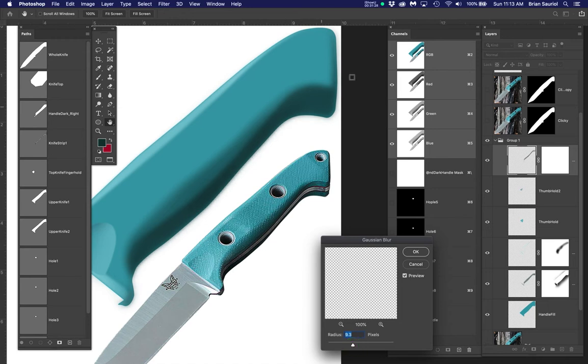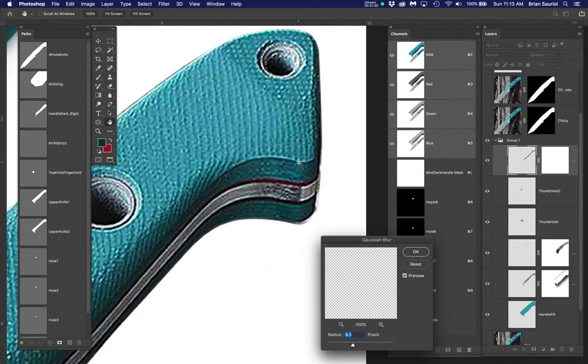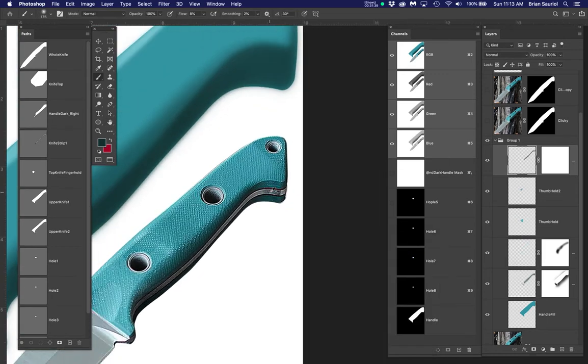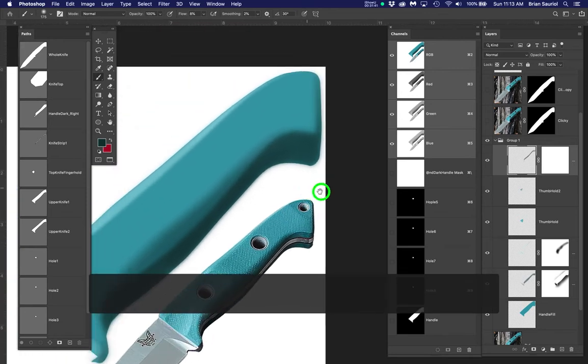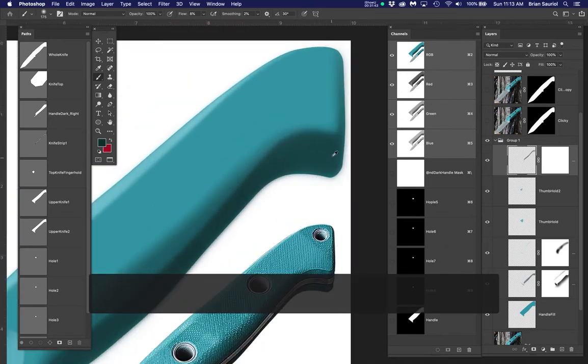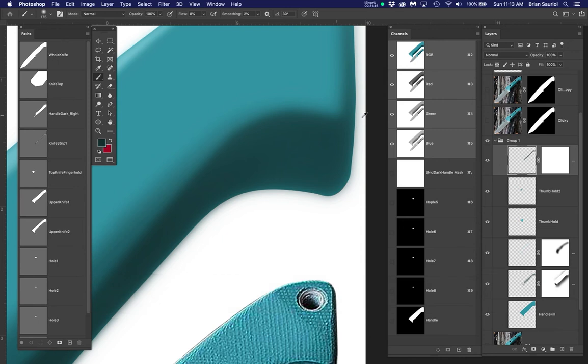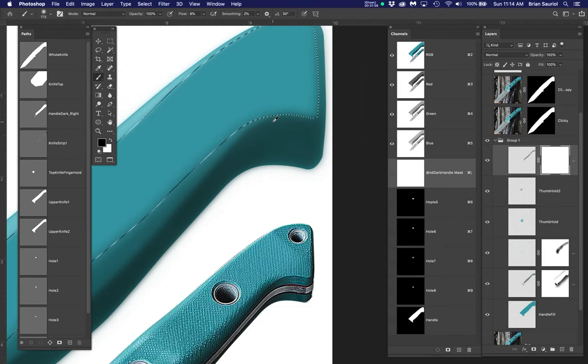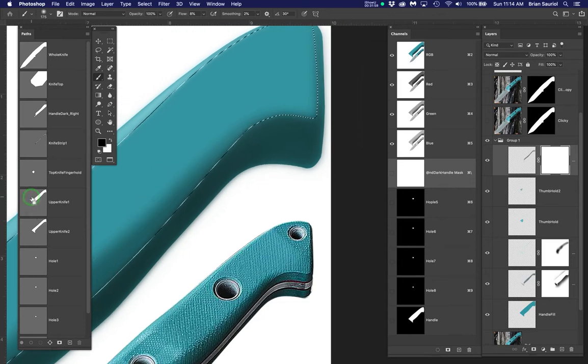Now, right here on the knife, it's a little cleaner. Right here on the knife, it's a little fuzzier. So I did a good job in getting the fuzzy look. Now I have to clean it up. So how do I clean up this top edge? How do I take away some of the Gaussian blur? The same way I did down here. So I'm going to click to the mask. I'm going to make a selection of the same thing that I just had right there. Do you see how I made a selection of upper knife,